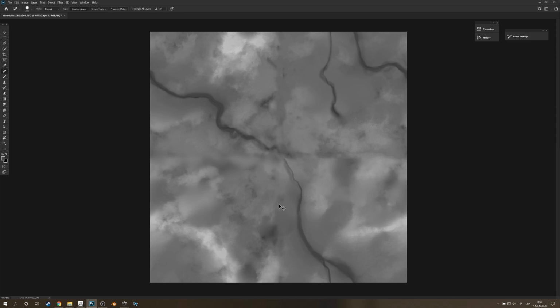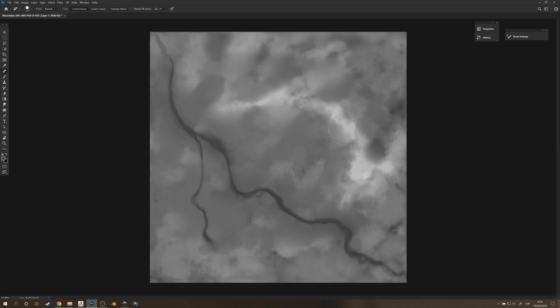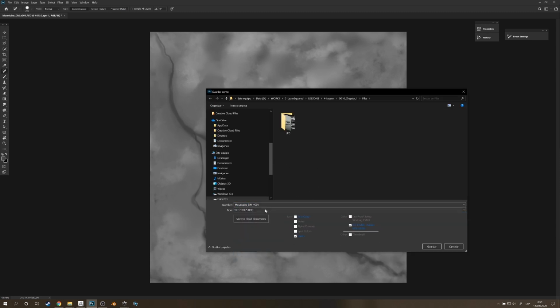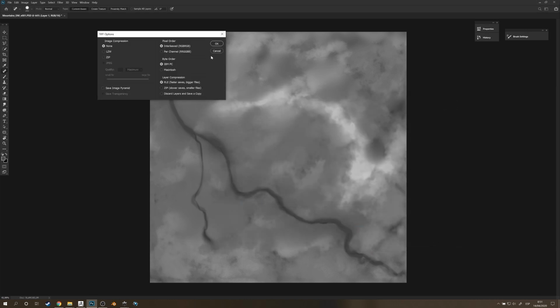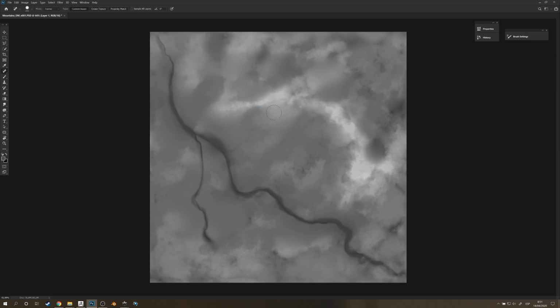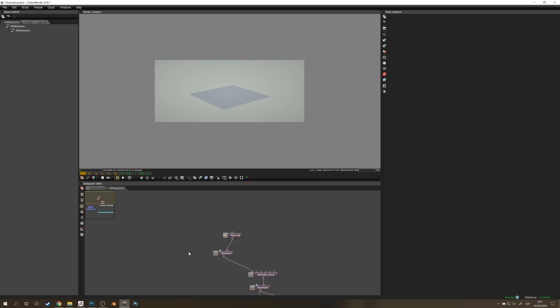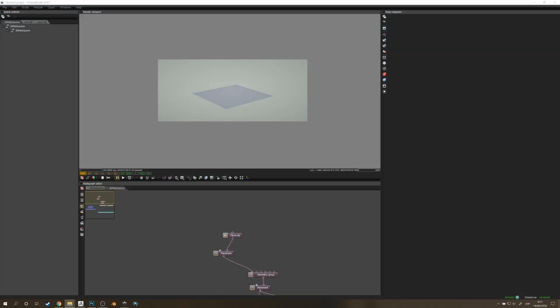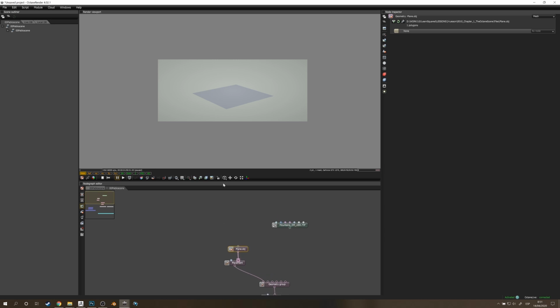Okay, and now let's click Ctrl Alt F to reverse the filter we already applied. And here we have it. So now I'm going to save this quickly as a TIFF, to keep the 16-bit. Now let's go back to Octane, and here I've got a prepared plane. So now what we can do is just go to my file. Grayscale. Okay, so now what I'm going to do is load a material, diffuse,